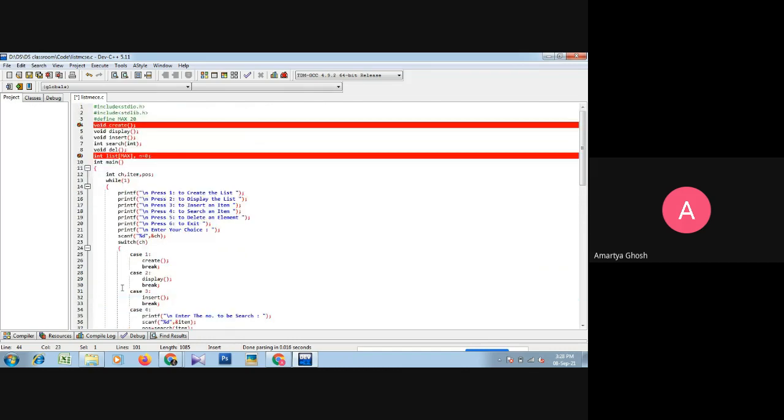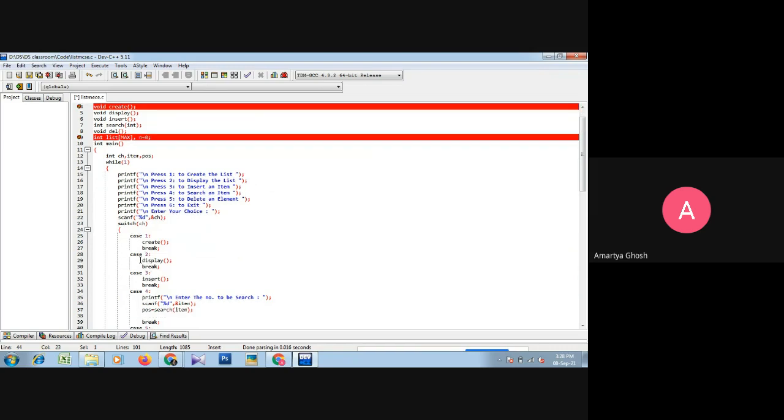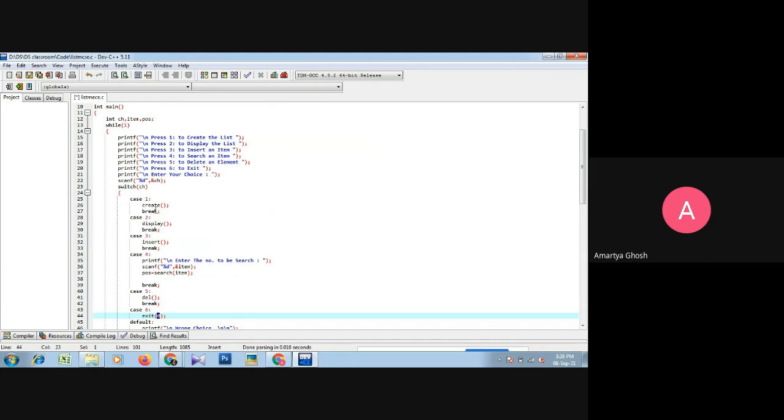Now after this main function, we already gave some prototypes, and we have to define each and every function that is mentioned within each case. First we check case 1, and there we have the create function.